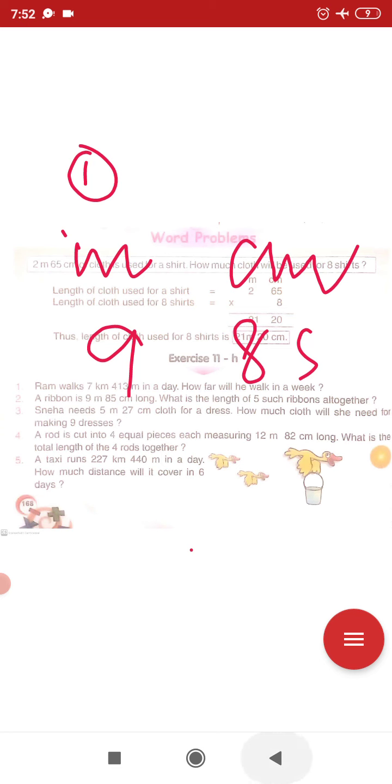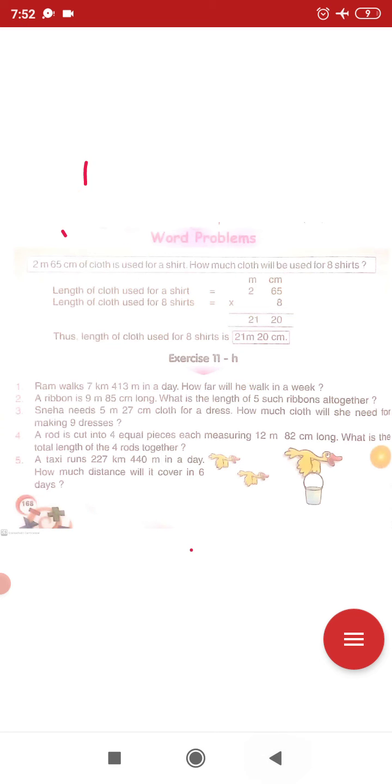Sneha needs 5 meter 27 centimeter cloth for a dress. Sneha is a girl. She needs 5 meter 27 centimeter cloth for a dress. How much cloth will she need for